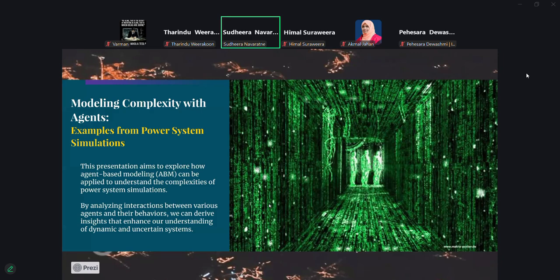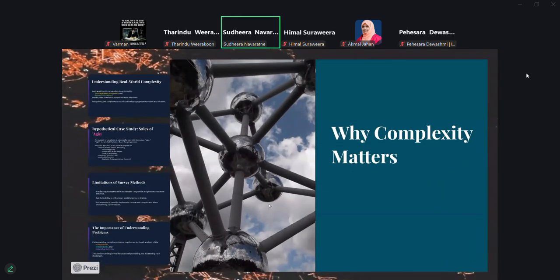So we will focus on this agent-based modeling and how we can use it to understand very complex scenarios. First of all, why do we need to deal with complex scenarios? Why does complexity matter?